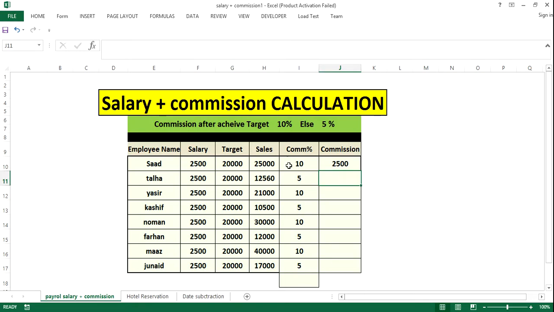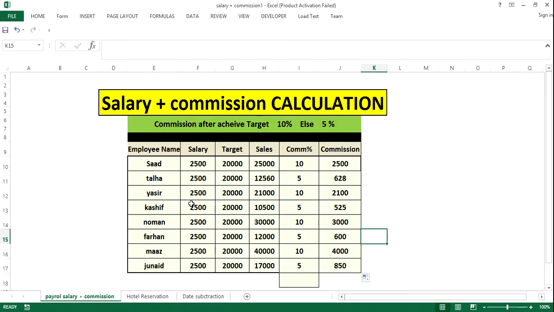Then 2500 commission we give, or 10% of, because here Saad, and for Talha his salary is 2500, target 20,000, and he completed 12,560 in sales. It is less than the target, so we give 5%. So now we drag it and copy till last.